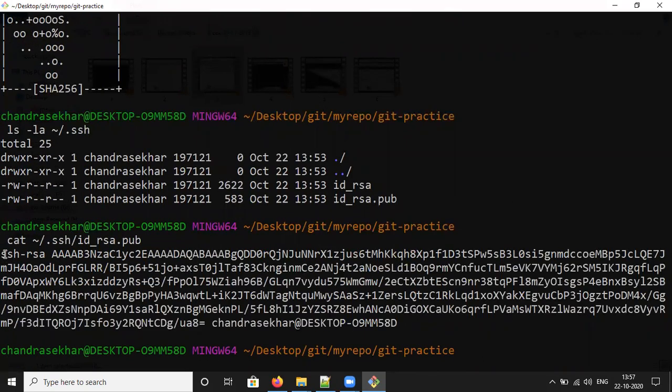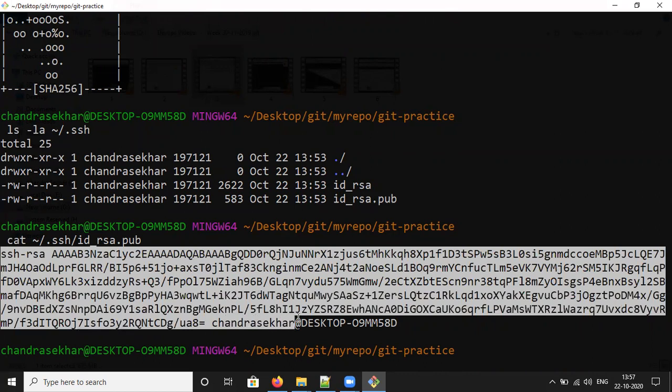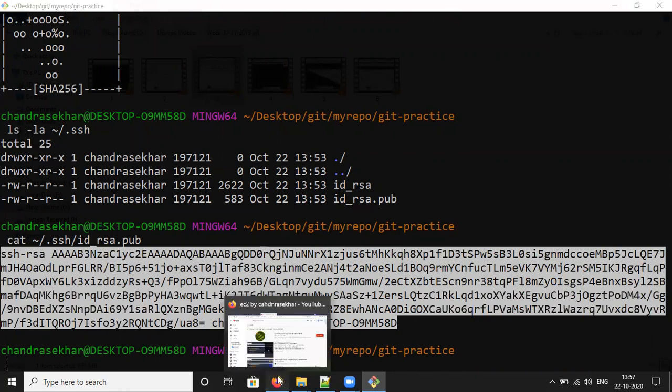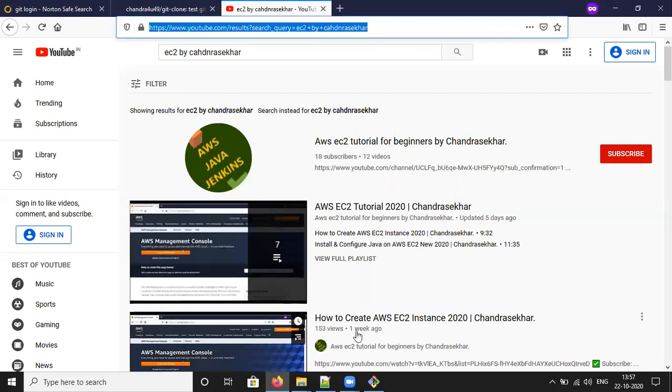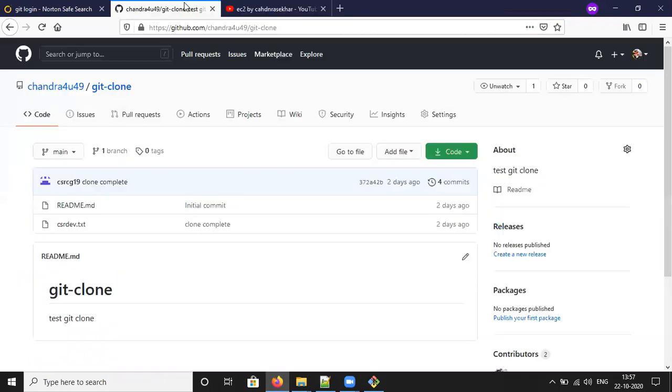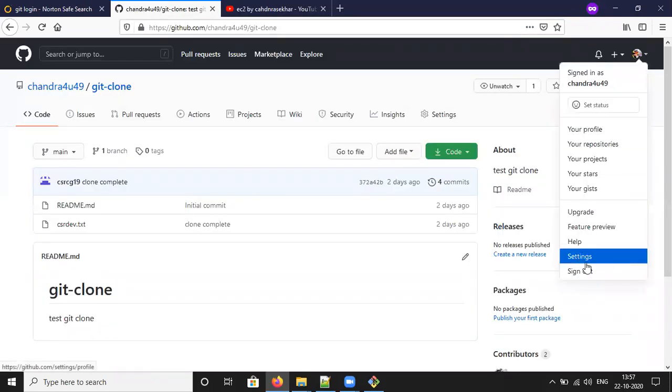Now this is the key you need to copy and store in your remote repository.